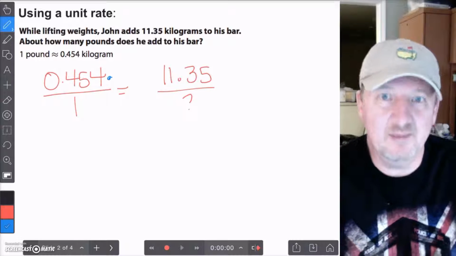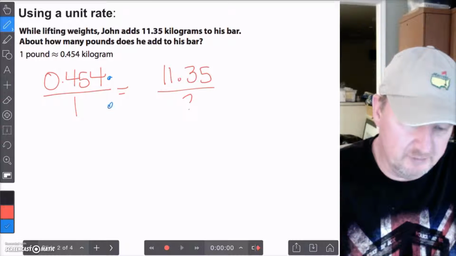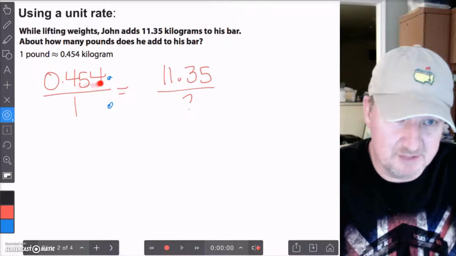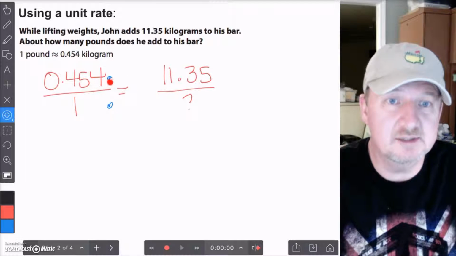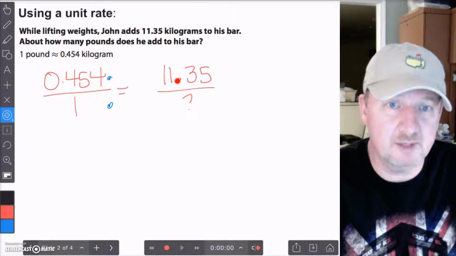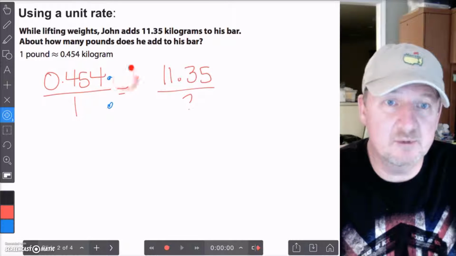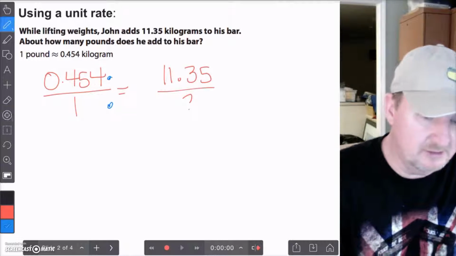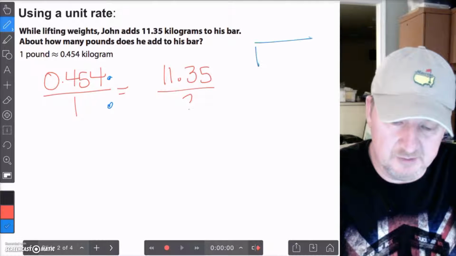Okay, well, I don't really know that off the top of my head, so I'm going to come over here. Whatever I multiply this number by, I'm going to multiply the other by to get my bottom numbers. I'm multiplying something times 0.454 to get 11.35. Okay, so to find out what this number is that I'm going to multiply, I need to divide 11.35 by 0.454, and that'll give me my other factor. Okay, so let's go ahead and do that. Put up a division problem, 11.35, and that's divided by